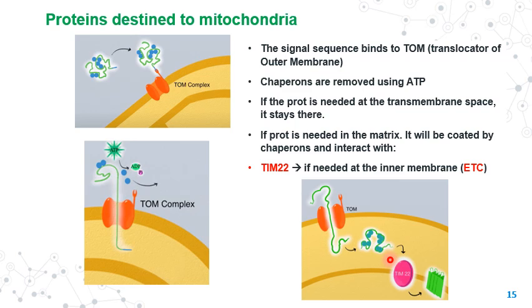Now, in this case here, it is showing what is going to happen in case your protein has to go to the inner membrane, but not get dumped into the matrix. Here are more painful details of what's going on. So let's see what happens. We went through this chaperone business, we went through TOM, and now this thing is in the intermembrane space